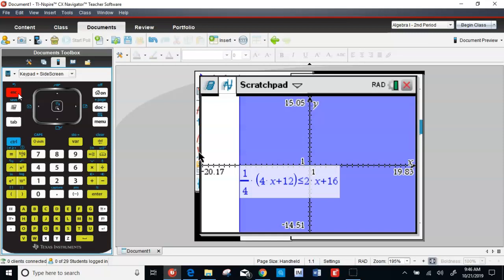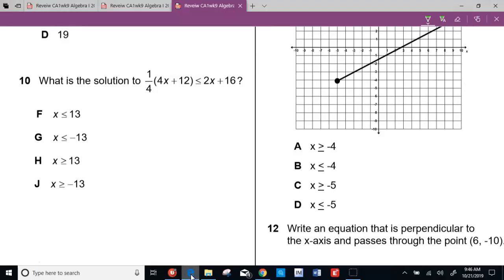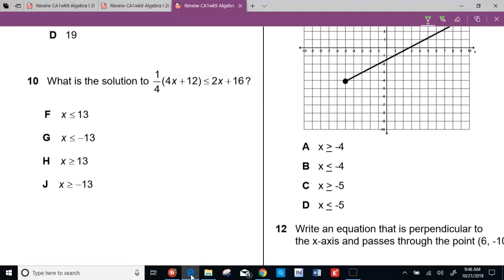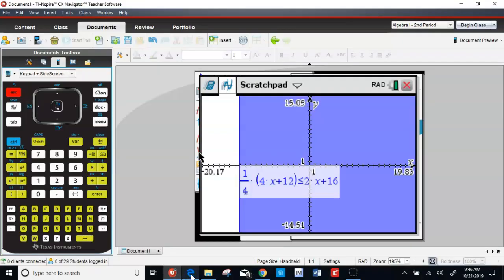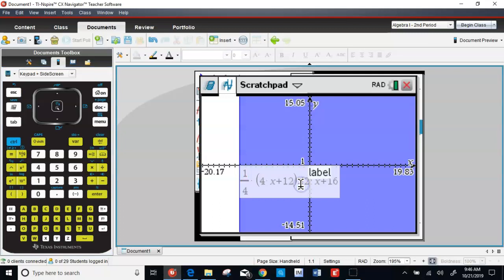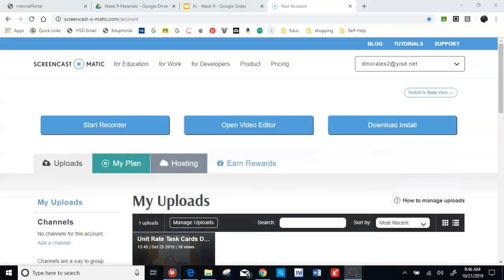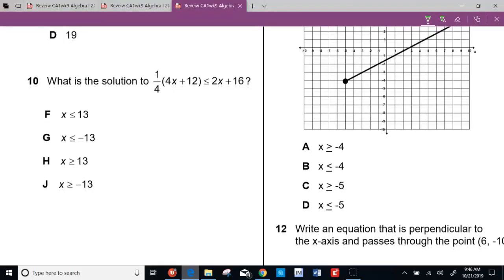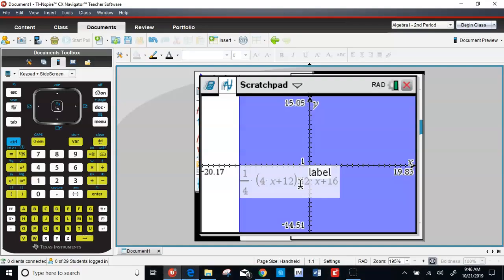We know this line hits the x-axis. So because it hits the x-axis, it has to begin with an x. Looking at our answers here, they all begin with x. Okay, so far so good. We also know that it is going to be a solid line because we have the less than or equal to symbol. So if I go back to my choices over here, they all have the half equal sign. But let's go ahead and really discover what our answer is doing. If I go to menu